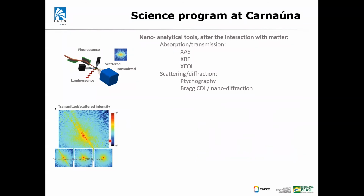In terms of CDI, of coherent diffraction imaging techniques, what we do essentially is we collect the scattering light, the scattering X-rays, from an organized sample. We put it in a special computer algorithm called a ptychographic algorithm that takes this scattering pattern and changes it back to the real space. And this produces a real image out from the